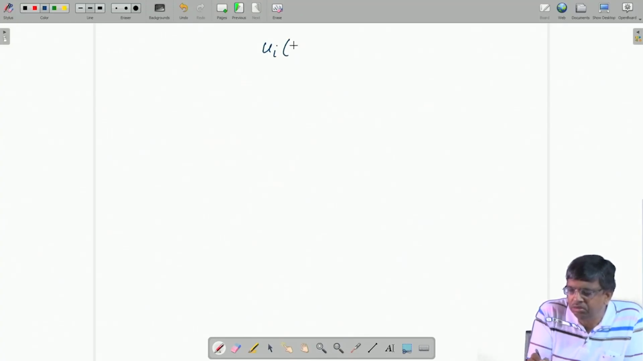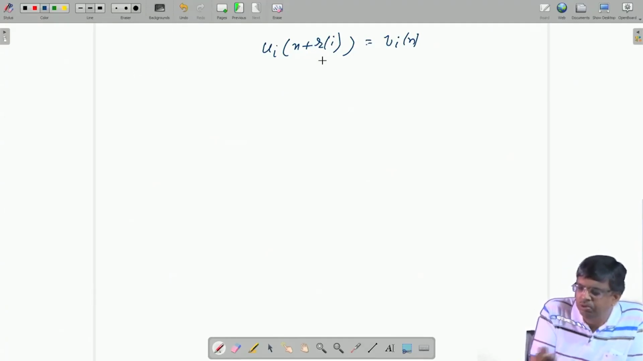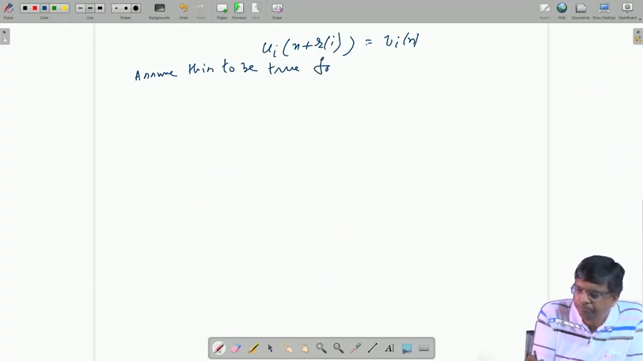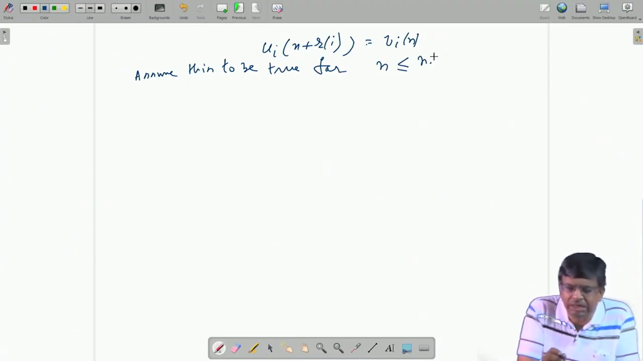for every ith node, n plus r I is equal to V I n, okay, for every ith node. So, we prove it by induction. So, assume this to be true for n less than or equal to some index n not, or less than, maybe less than